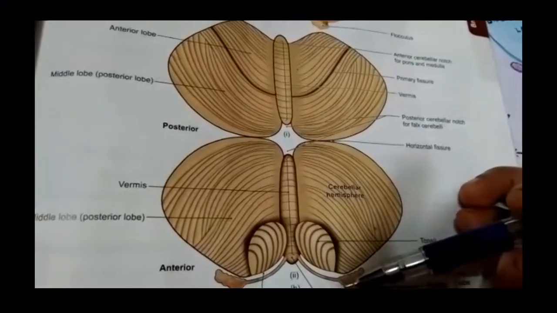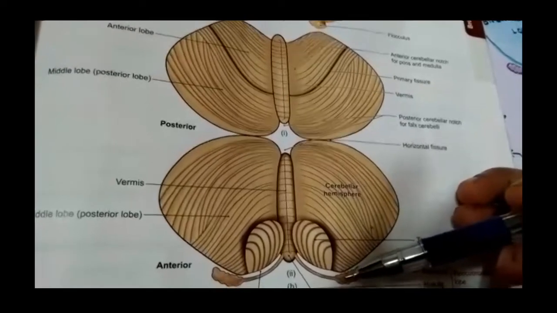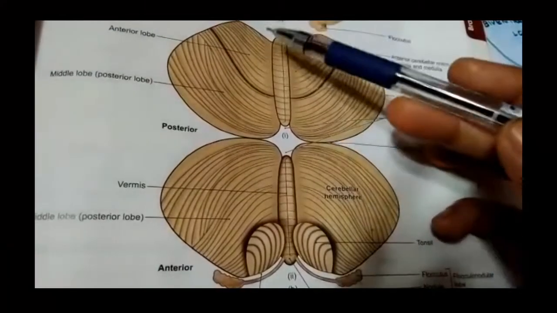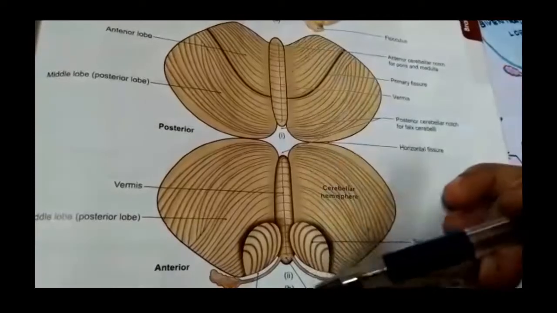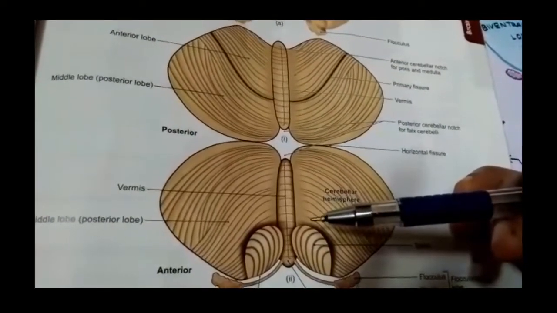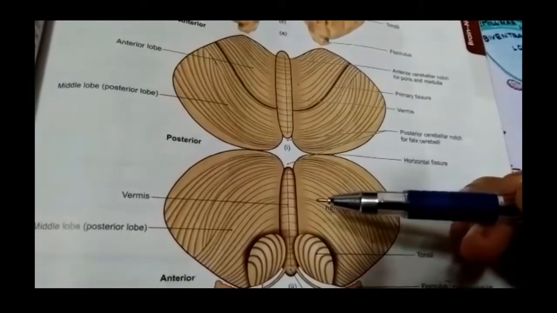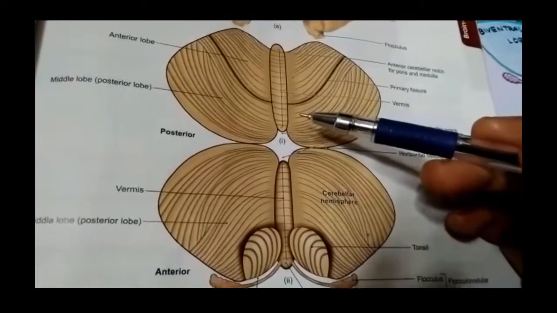It is the oldest part of the cerebellum. Even it is found in the aquatic vertebrates. So it includes the flocculonodular lobe and also the lingula. Here is the lingula. So it controls the axial musculature, and also it is used for movements, and also the movements used for locomotion.